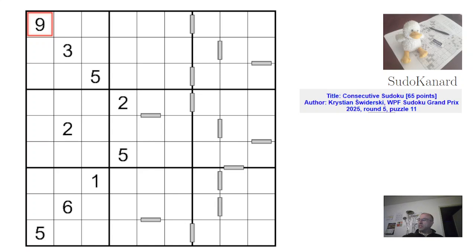We're here to solve this consecutive Sudoku by Polish author Krystian Świderski. This was featured in the latest Sudoku Grand Prix, and I usually skip consecutive Sudoku during the contest because I never know where to look. Because that's the Sudoku where